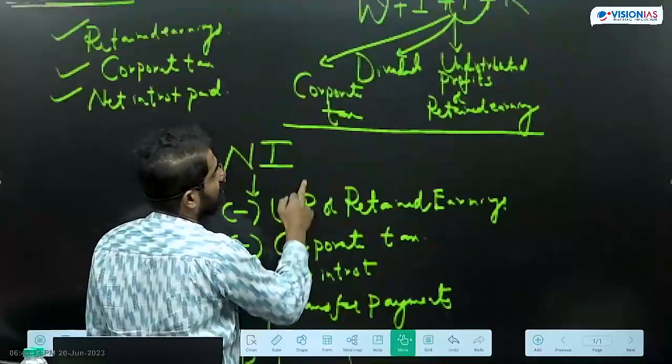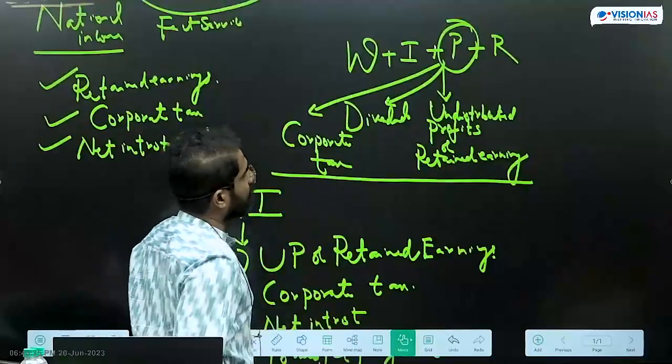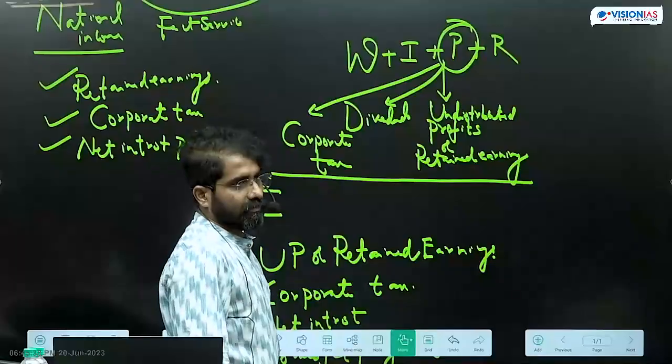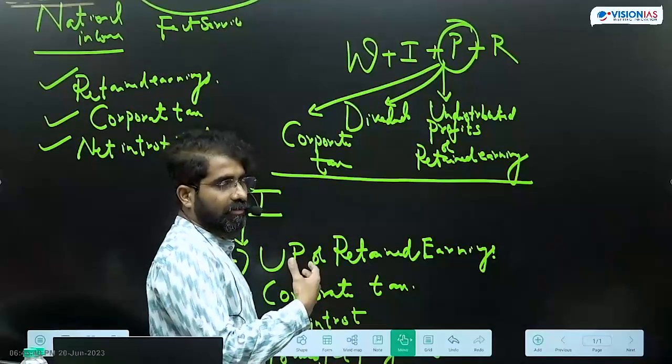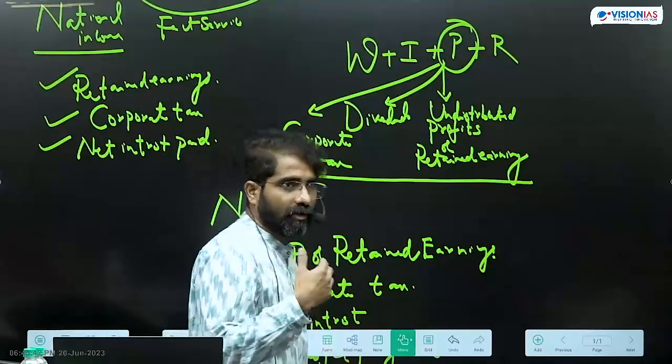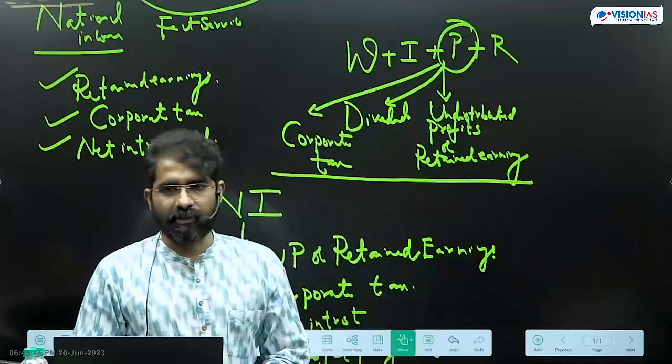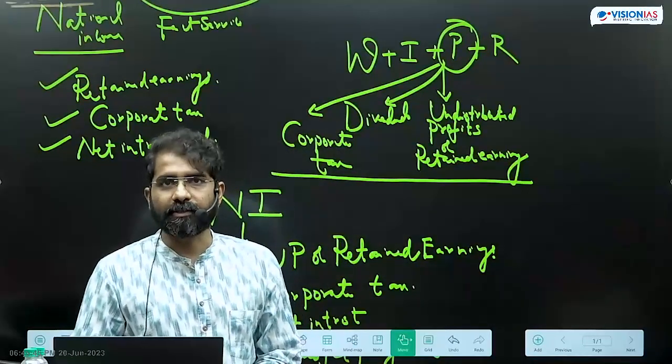So, first thing is, when I use the word profit, profit includes these three. And there are some things which are part of national income, but they are not part of the personal income. I hope it is clear. Okay, so